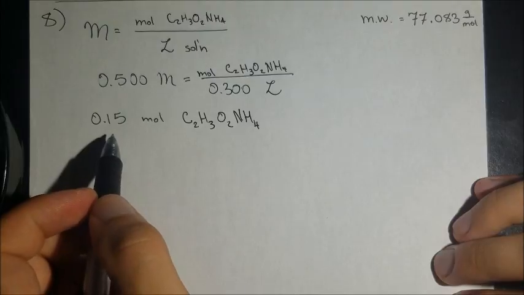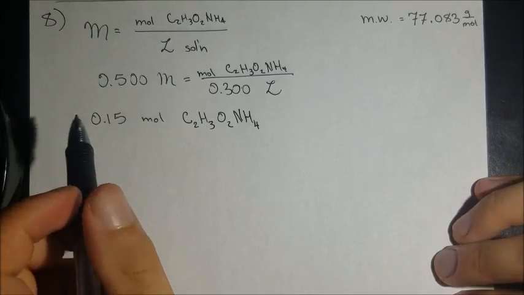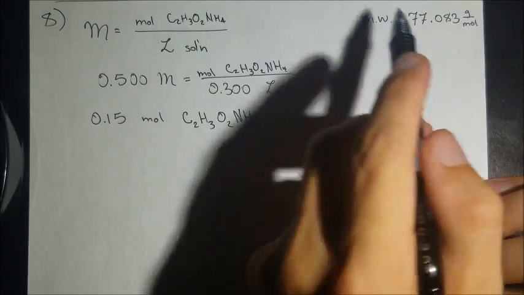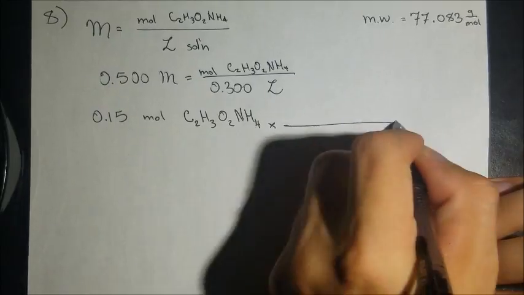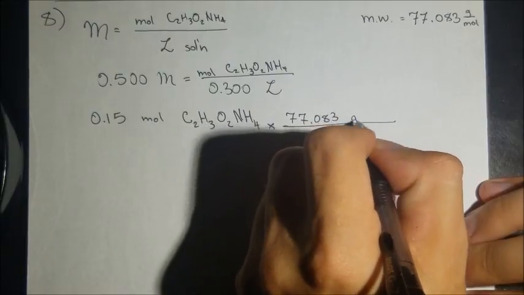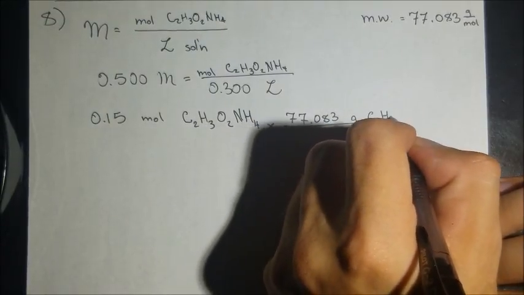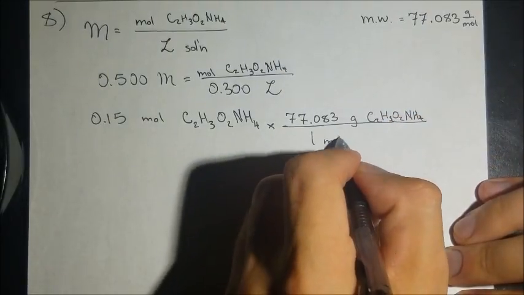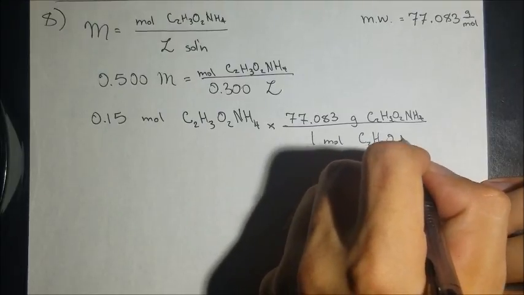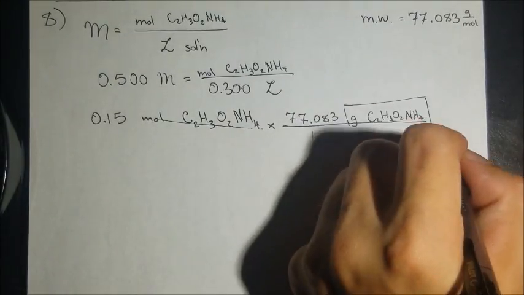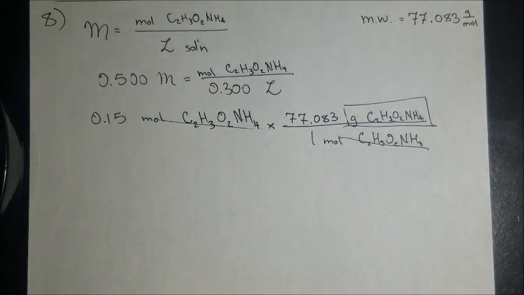And if I just want to convert this into grams, then I can consult the molecular weight of the chemical, and this gives me grams. Moles of ammonium acetate cancel, and now I am in grams of ammonium acetate. So if I take a second here and plug this into my calculator,